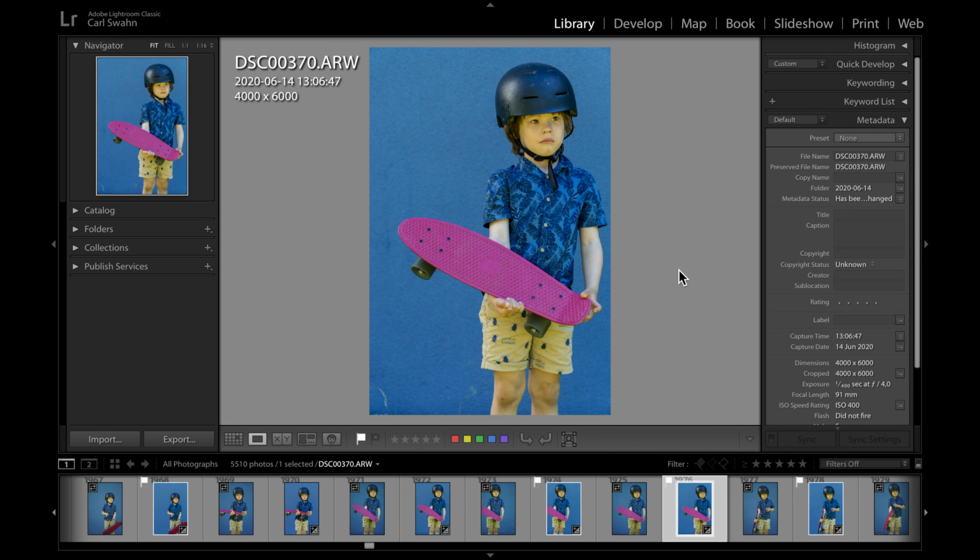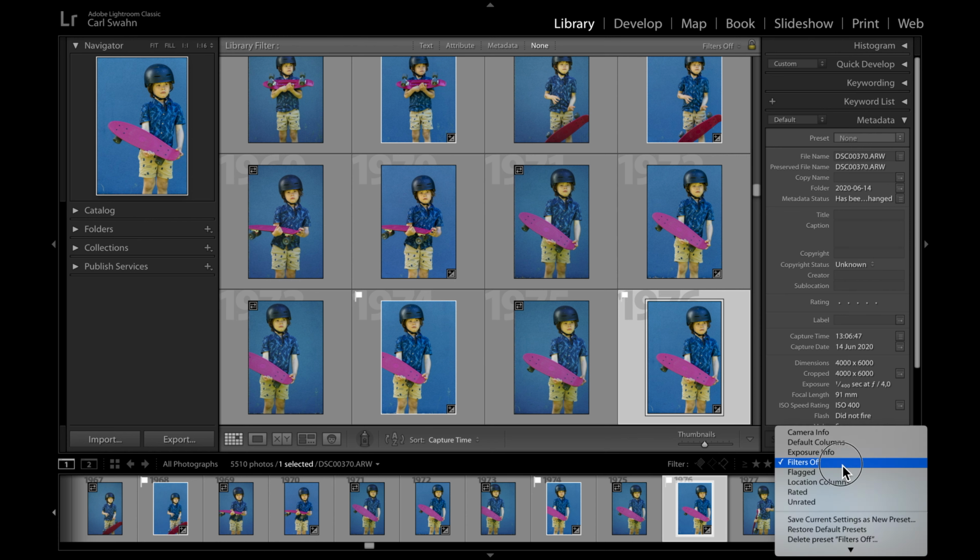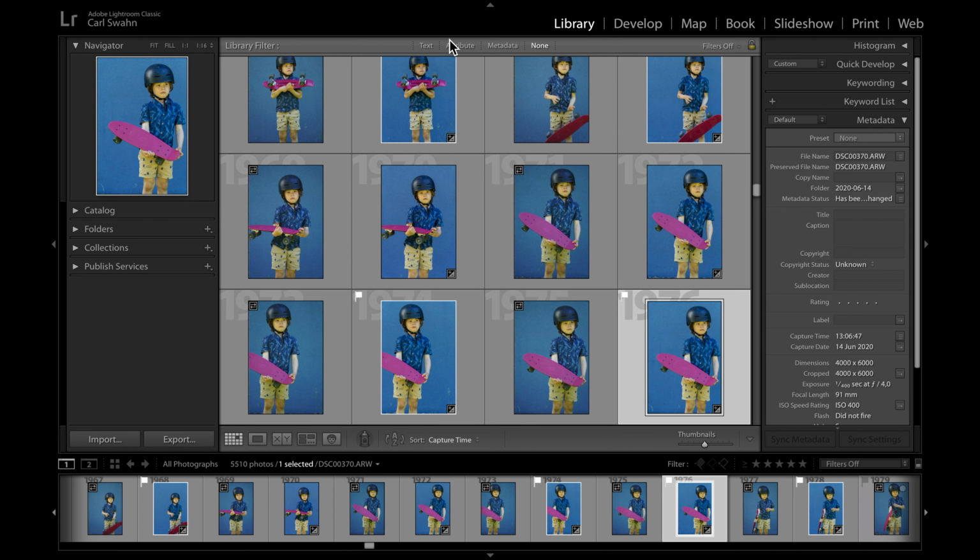But if you want to find photos from a specific model, you need to go to the grid view, and you see that you have actually more filters here than you have down here. And you don't have access to these in the loupe view for some reason. Alright, and here you want to go to the metadata,